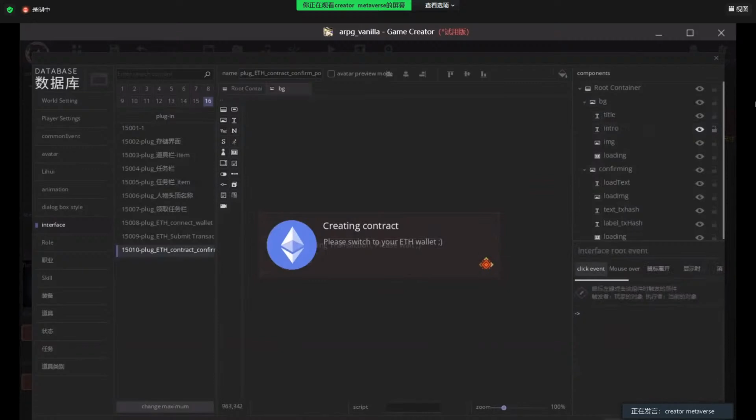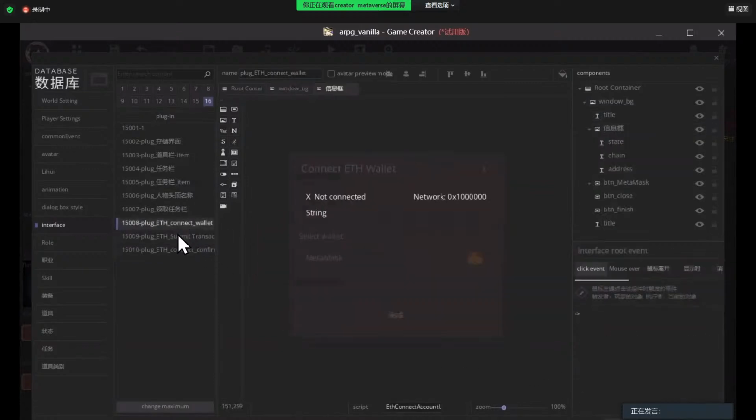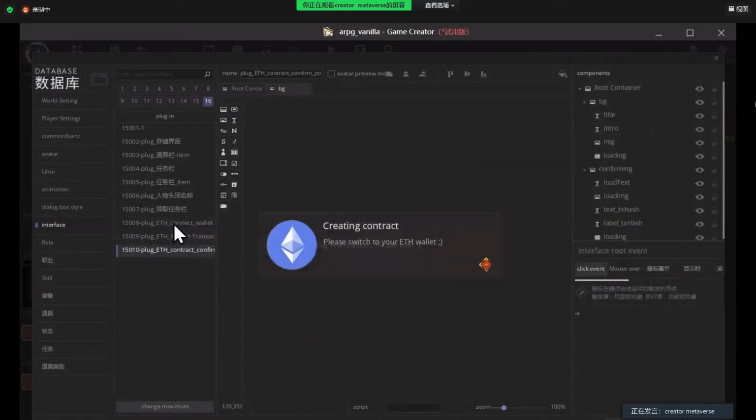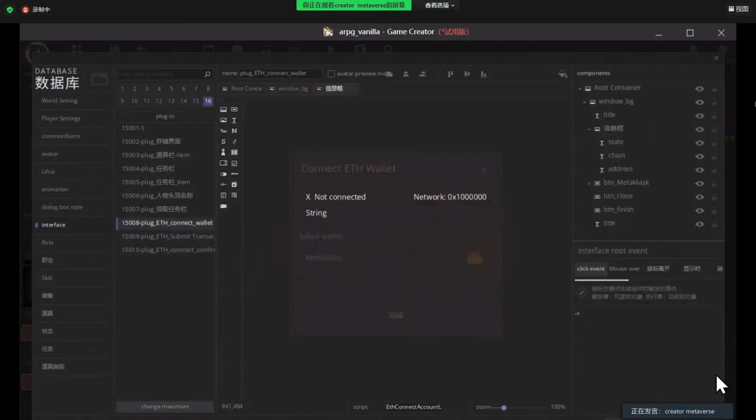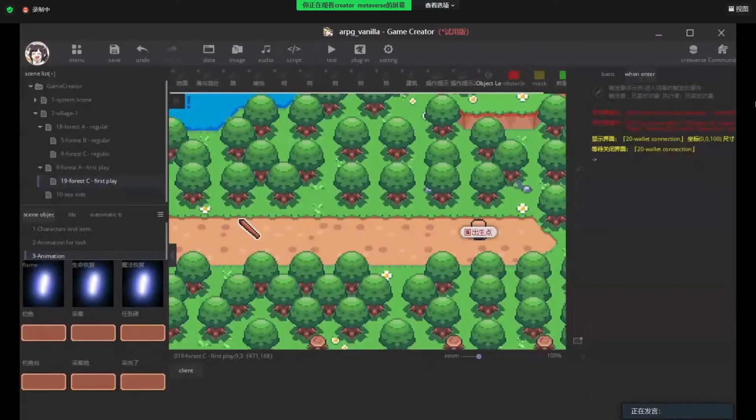All right, confirm. So we finished this interface when we connect into our ETH smart contract. Confirm. All right, let's have a test run to see what happened.